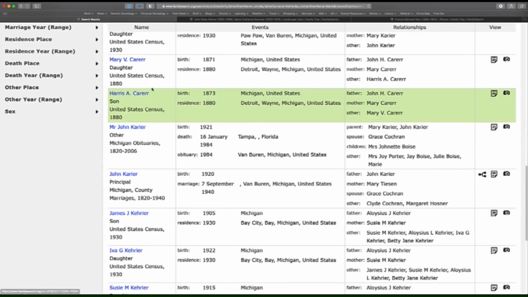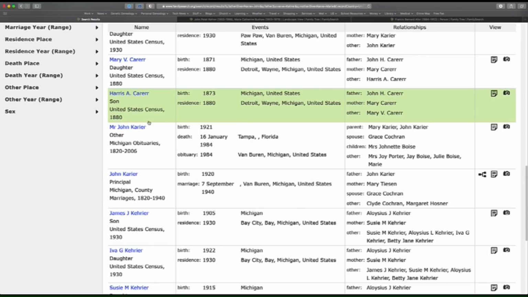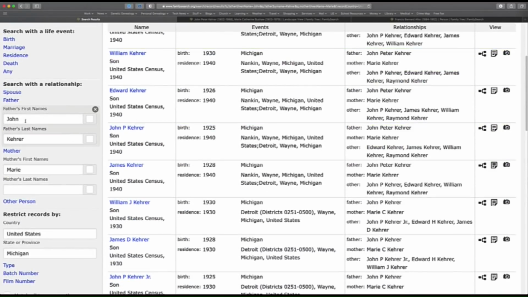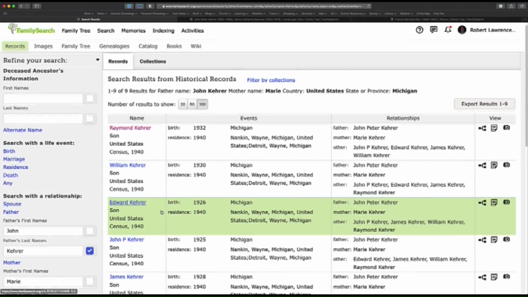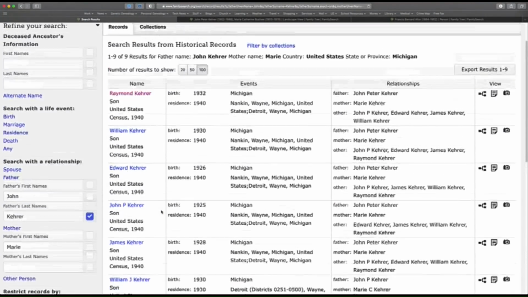If you'll notice down lower, I'm picking up a bunch of other records where the last name is spelled all kinds of different ways. One of the things you can do, and I'm going to come back up here, where it says John Kerr, I'm going to tell it that I only want to match the father's name exactly. And if I click that and then update my search, it's going to get rid of all of the last names that are not spelled exactly the way I chose it to be spelled, K-E-H-R-E-R,